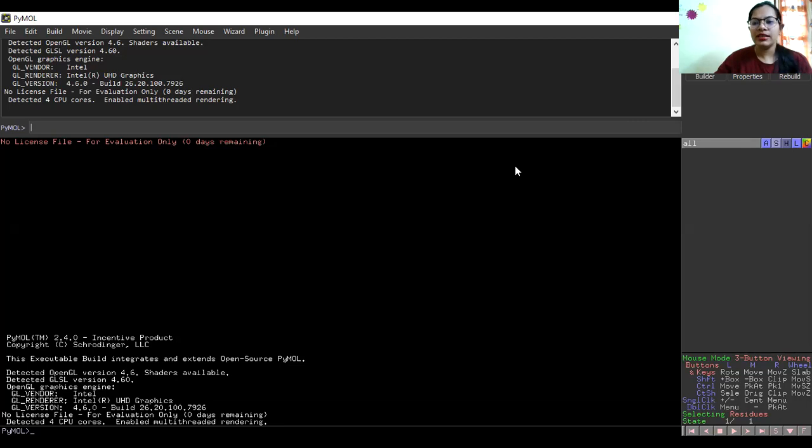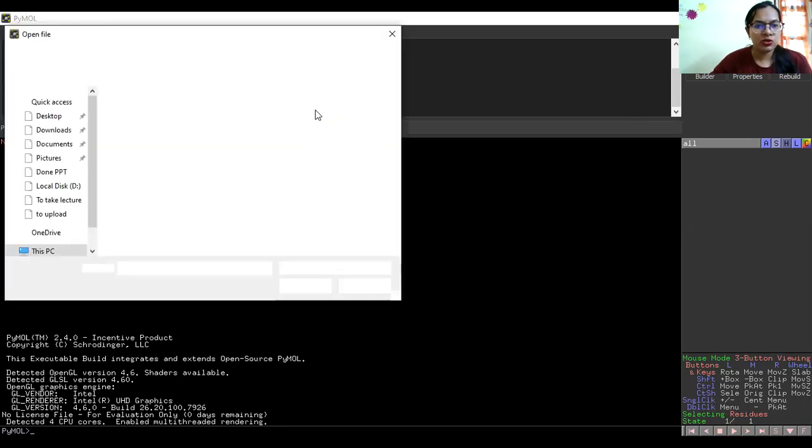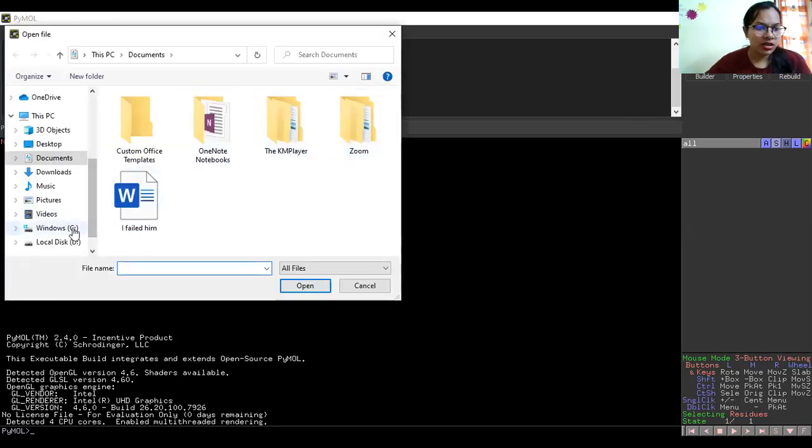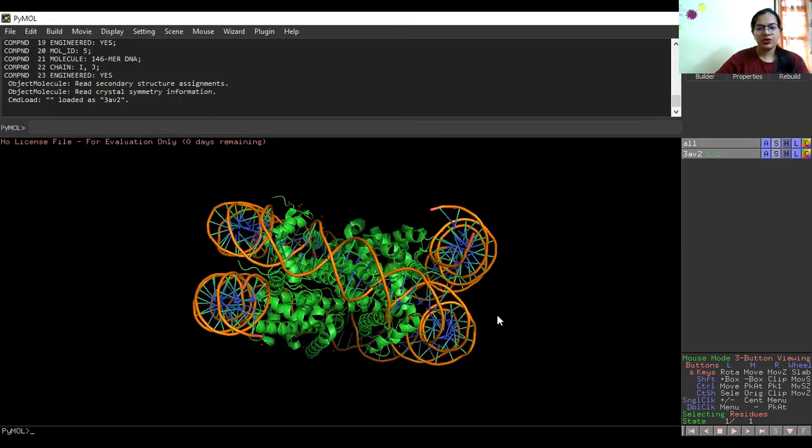And what you have to do is, whatever structure you're interested to study, go to the PDB, that is Protein Data Bank. Okay, go there and download the files. Now what you can do is, I have downloaded one file over here. Let me just show the structure. It will be in the downloads, I guess. Yes, so I have got it over here. See the structure over here?